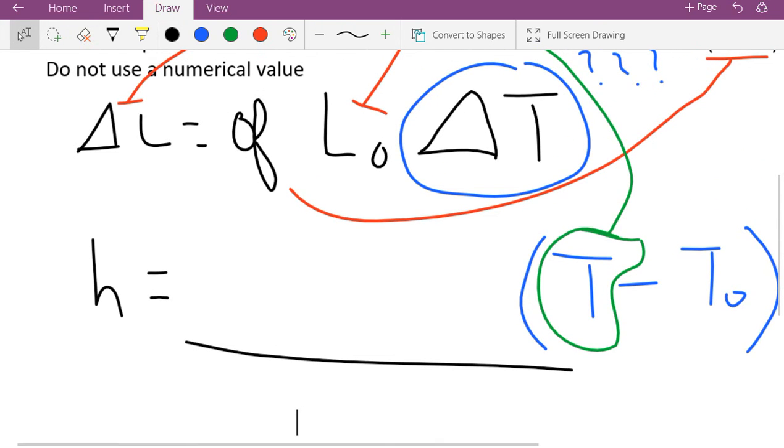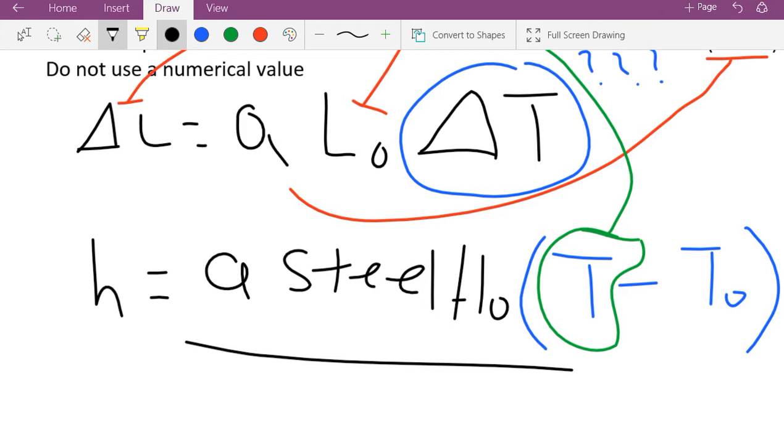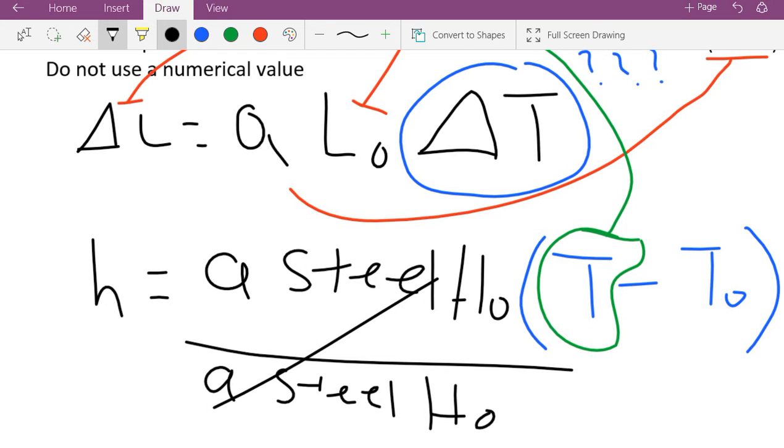So this is alpha steel h naught. We're just going to divide by alpha steel h naught, and we're going to get